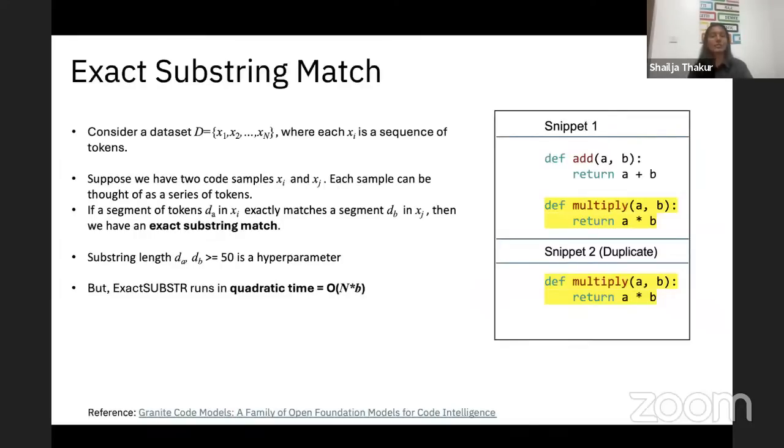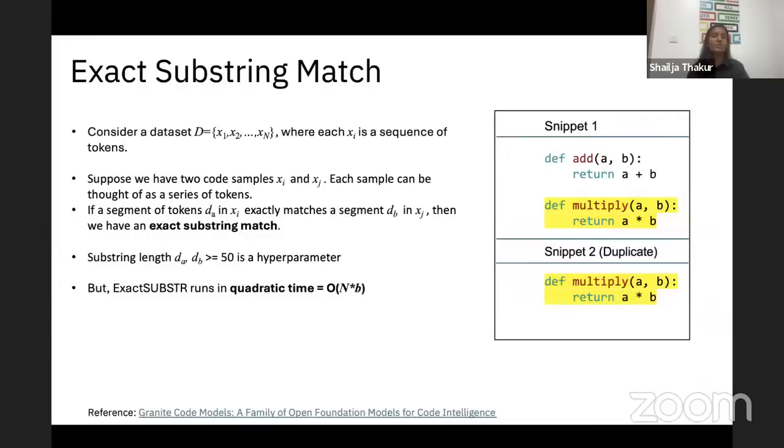One way you can find that they are duplicates is to literally look at the similarity between the two. But some examples can be really long in length, and if you keep looking at the similarity between the two for all of the different lengths of the examples,